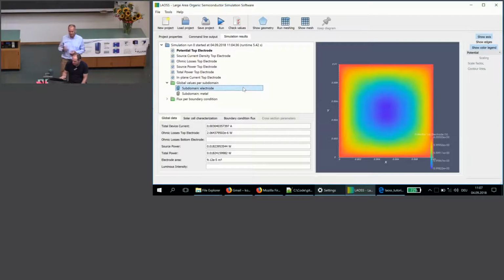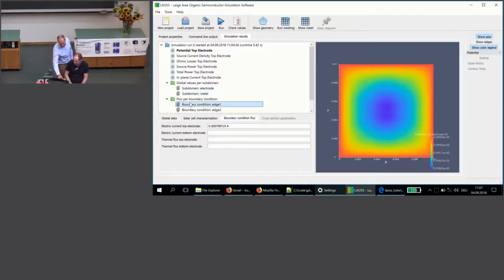Here we only have 2 subdomains, the main electrode, the large electrode, and the metal grid placed on top. So far, and finally there's also a flux per boundary condition,